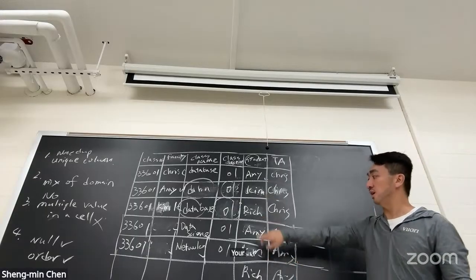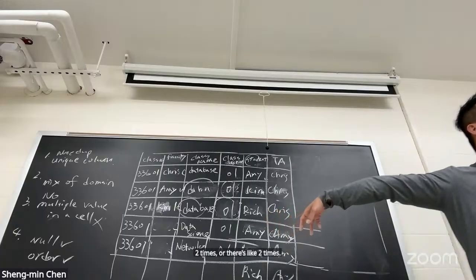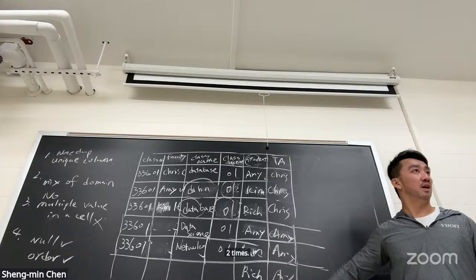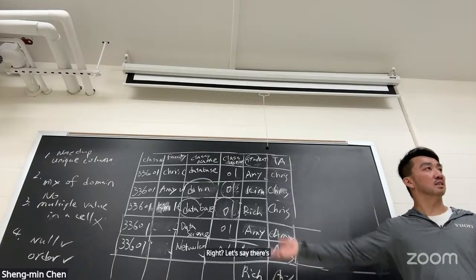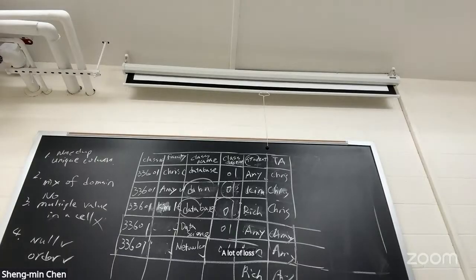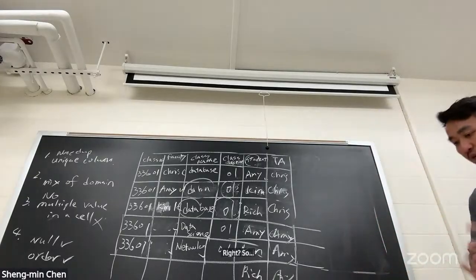You're storing names 2 times, like you're storing Kim 2 times, right? Let's say there are 3 TAs, you're making a lot of loss because you're wasting a lot of hardware in your database, right? So let's move on to